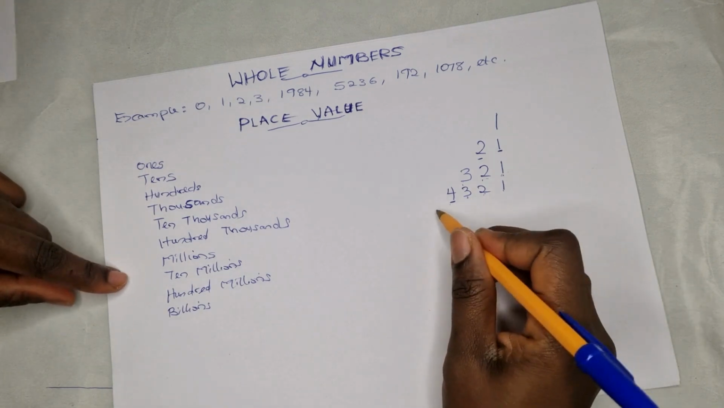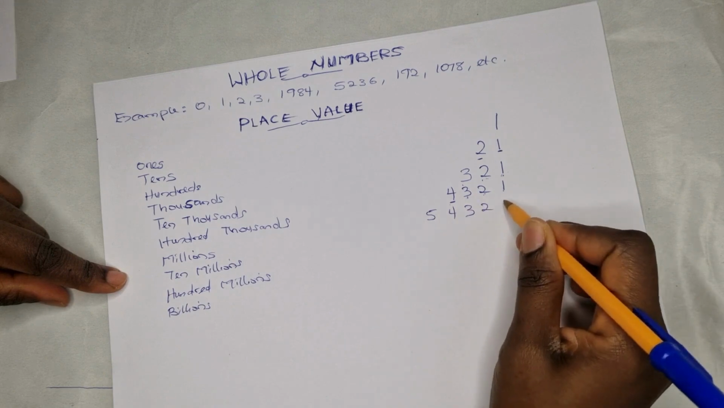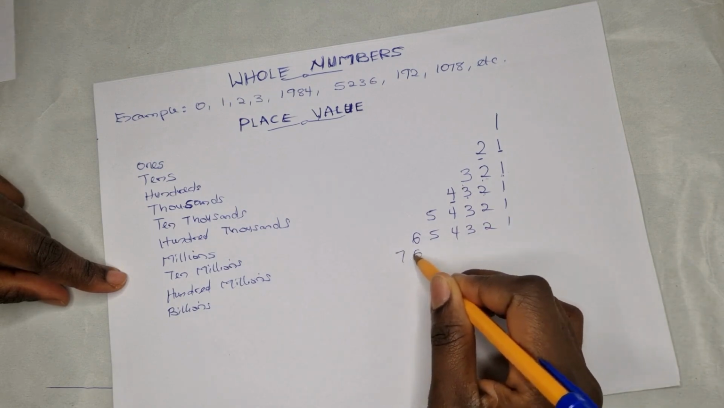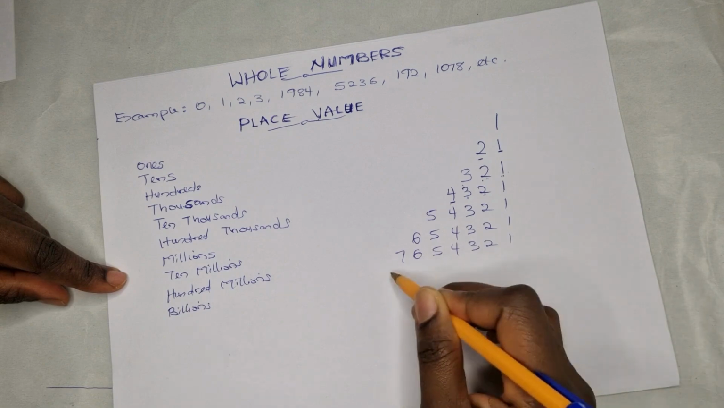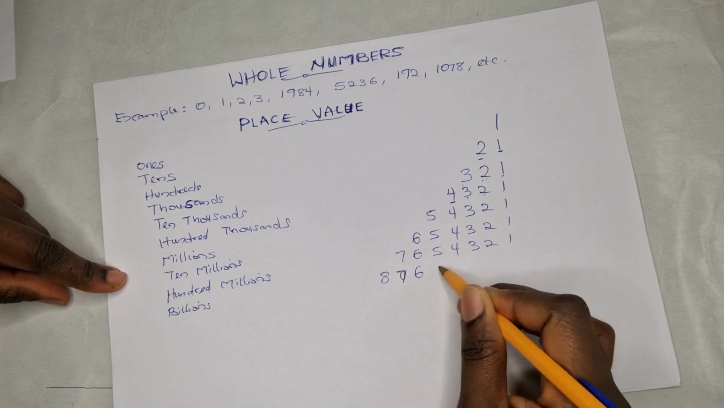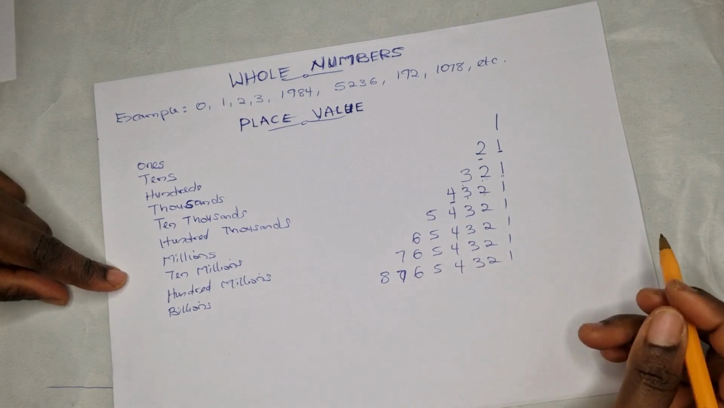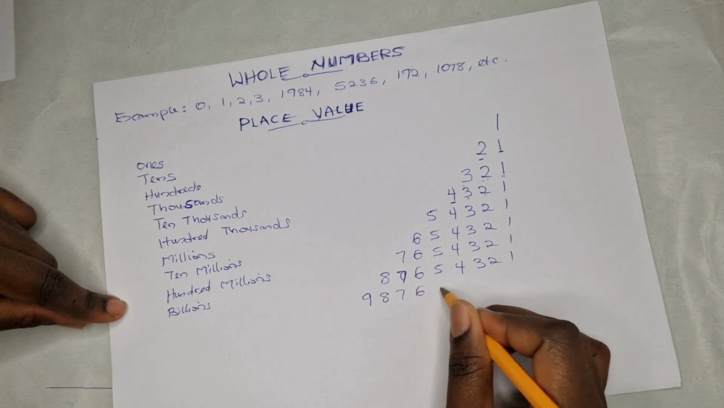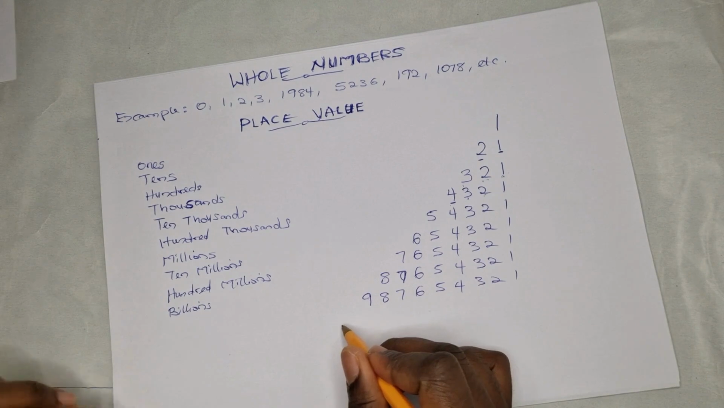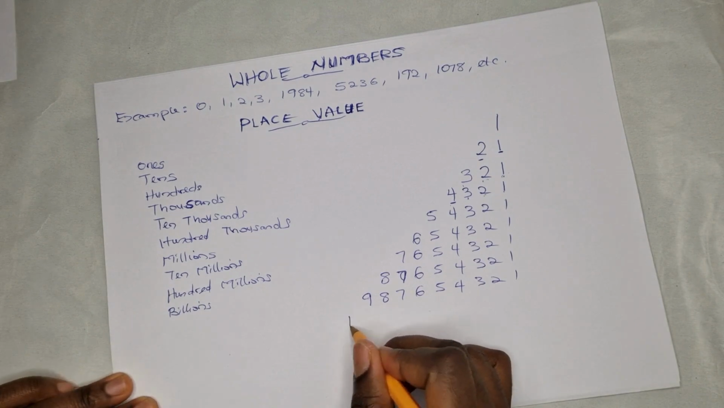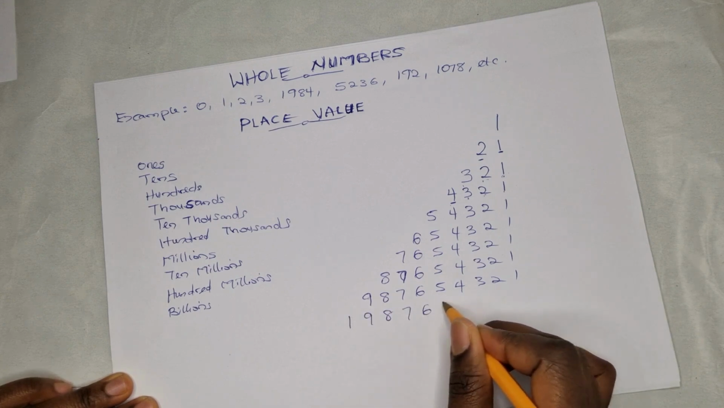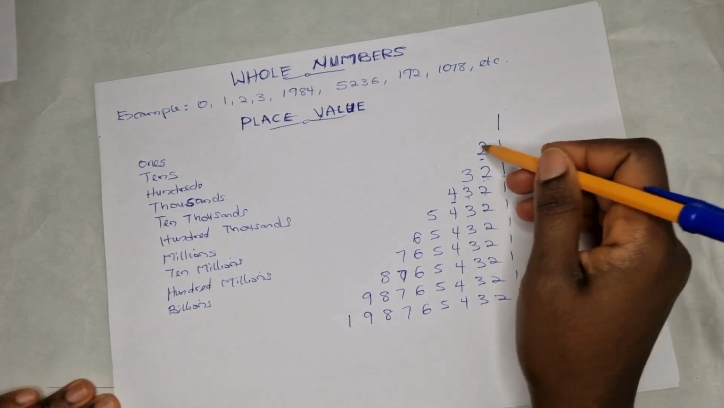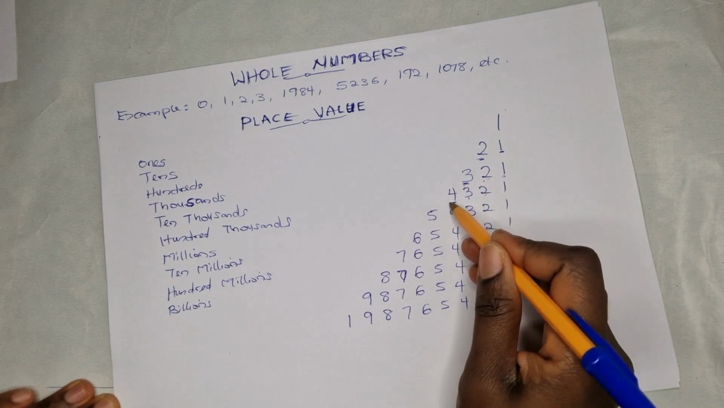Now let's say we have a longer number, 9, 8, 7, 6, 5, 4, 3, 2, 1, and then we add another 1 in front. So in this place we have ones. This is tens, hundreds, thousands,